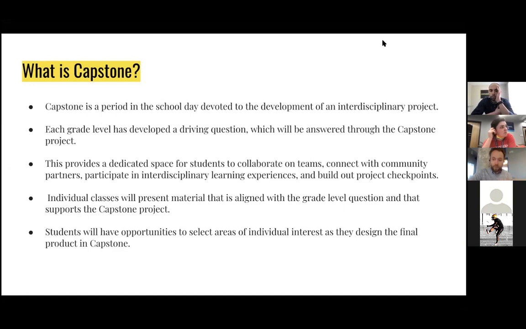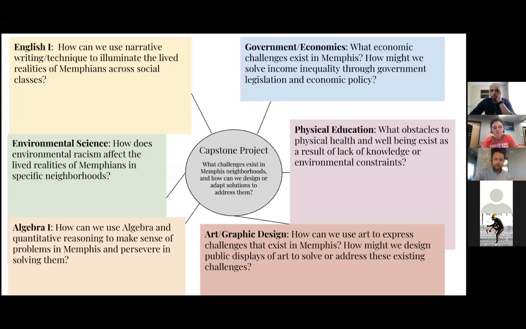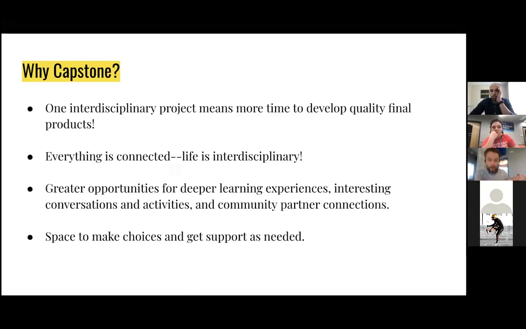So for example, in English, you'll be reading things and practicing writing that helps you understand the types of questions that you're looking at with your capstone project in a really clear, well-developed way. And then you're going to have opportunities as the project goes on to select areas of individual interest, and that will allow you to specialize into something that you want to look at more closely. This will also allow us to have better final products. At the end of the capstone project, you will have had a lot more time to devote to the product you're trying to create, and that will create more quality.